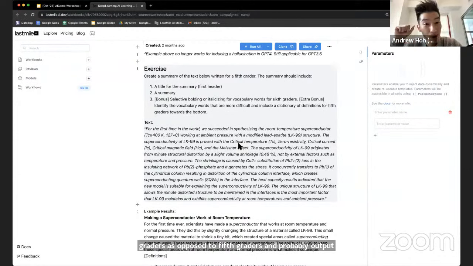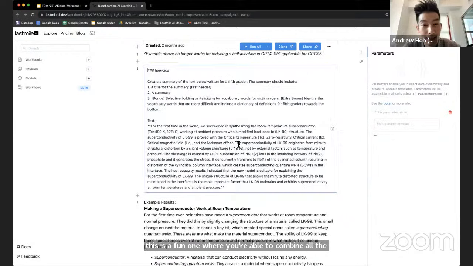Then for extra bonus, if you can actually identify the vocabulary words that are more difficult and include the actual dictionary of vocabulary words with the fifth grade definitions towards the bottom. So this is a fun one where you're able to combine all the different techniques. And the text I have here is